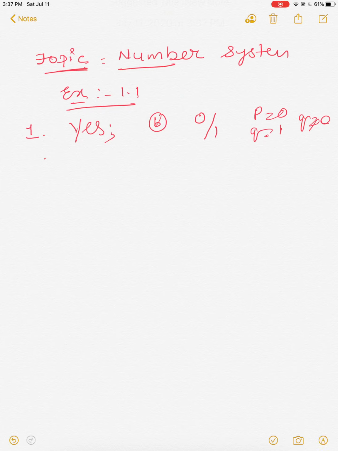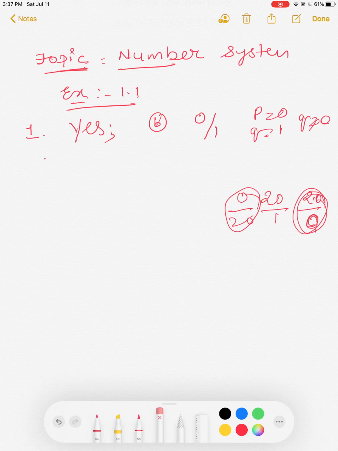Why? Because Q should not be equal to 0. Denominator, if it is 0, it cannot be defined. Supposing 20 is there. Okay, 20 upon 1, we can write it as a rational number. If you take 0 in the place of denominator, that is Q place, it is not defined. We can write it as 0 upon 20, it has value. But 20 upon 0, your denominator 0, never it will be having value. Okay, already I explained you that you have to write all these in your notebooks. That is why I am writing here.